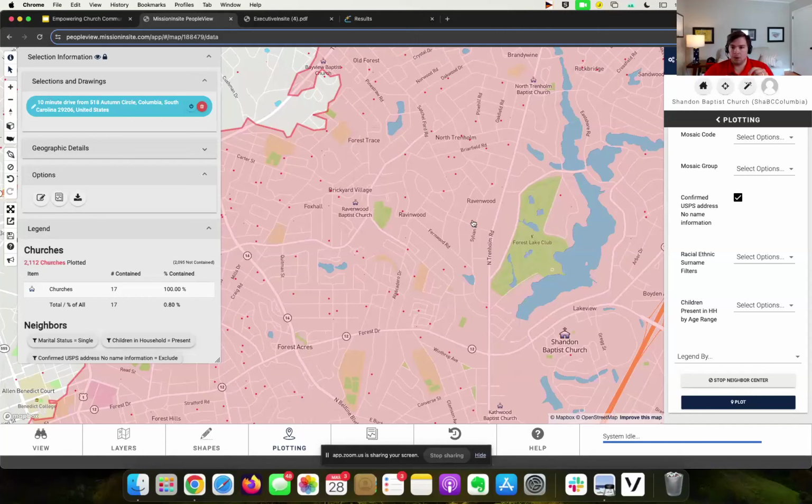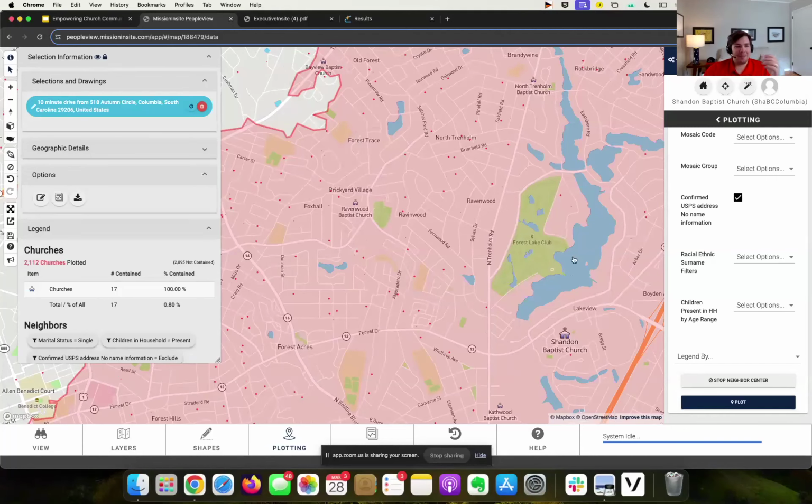They market to me, they market to you, they put things on shelves in certain stores that aren't in other stores because they know that the people that live in this area that shop here are going to buy this or that. If secular companies are going to do this to market to us and to communicate with us more effectively, why in the world would we as a church not do something like this to affect someone's eternity? And that's kind of my stance on this. That's why I've got a passion for this. Some people typically have that thought around this point in time, so I wanted to address that.